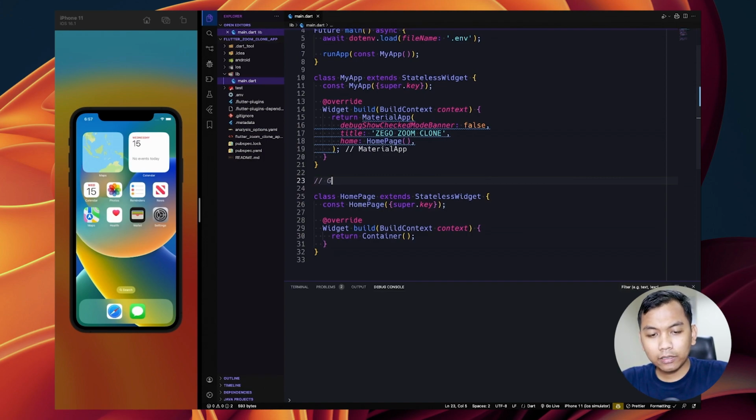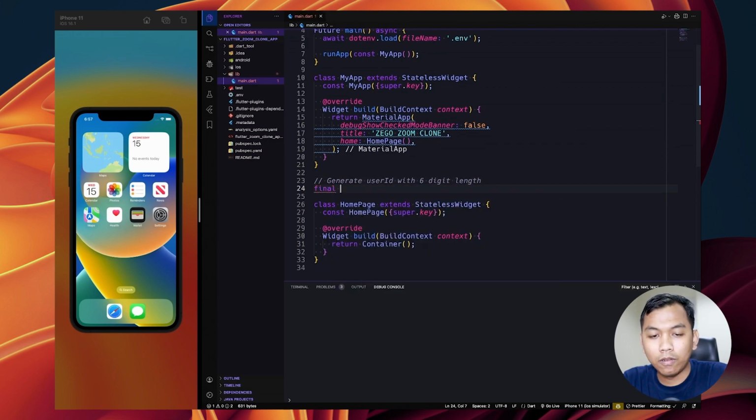And the next, we need to generate a user ID with 6-digit length. For this, if you have business logic, it's based on your business logic.